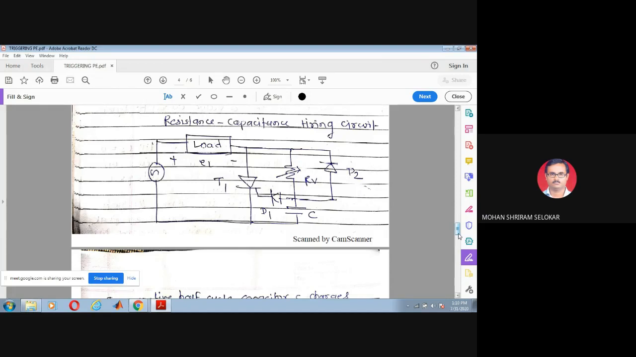No doubt, it is also AC gate triggering, but you are using a capacitor, and with the capacitor you can vary the alpha or the delay angle beyond 90 degree. Okay, that I will be covering in the next lecture. I was planning to cover